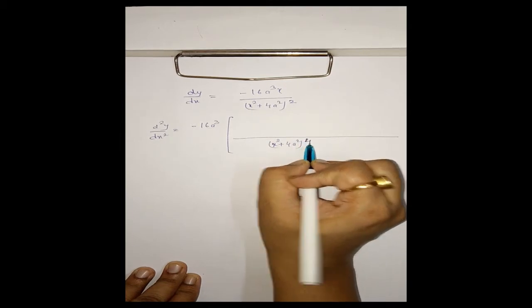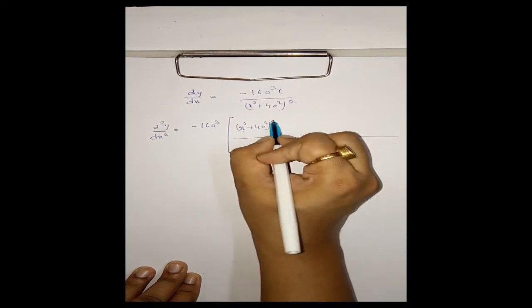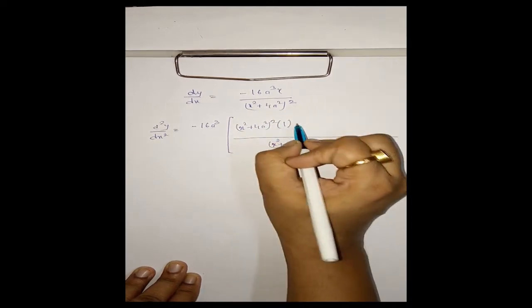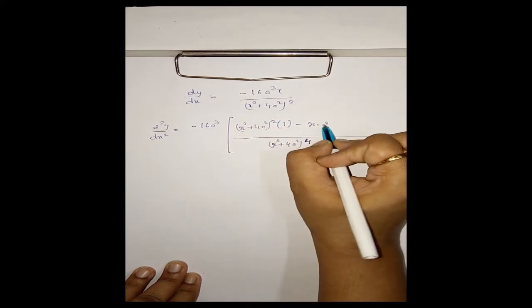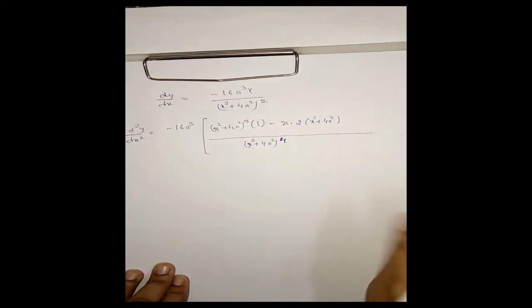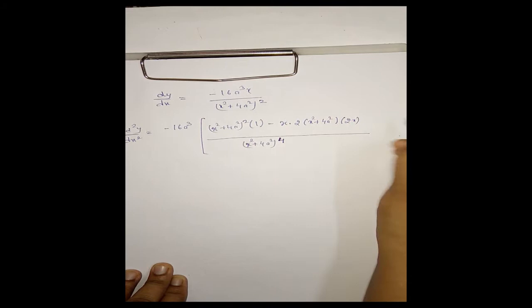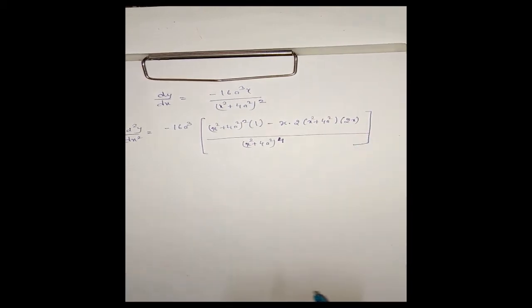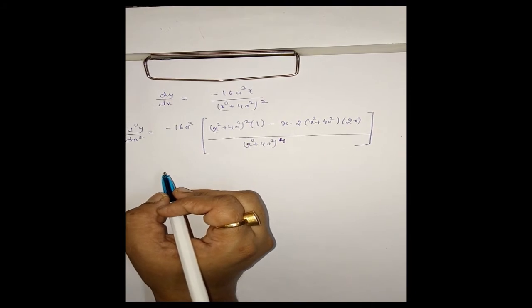It is (x square plus 4a square) whole square into 1, derivative of x is 1, minus x times the derivative of the denominator, which is 2 into (x square plus 4a square) into 2x. Now on simplifying this equation,